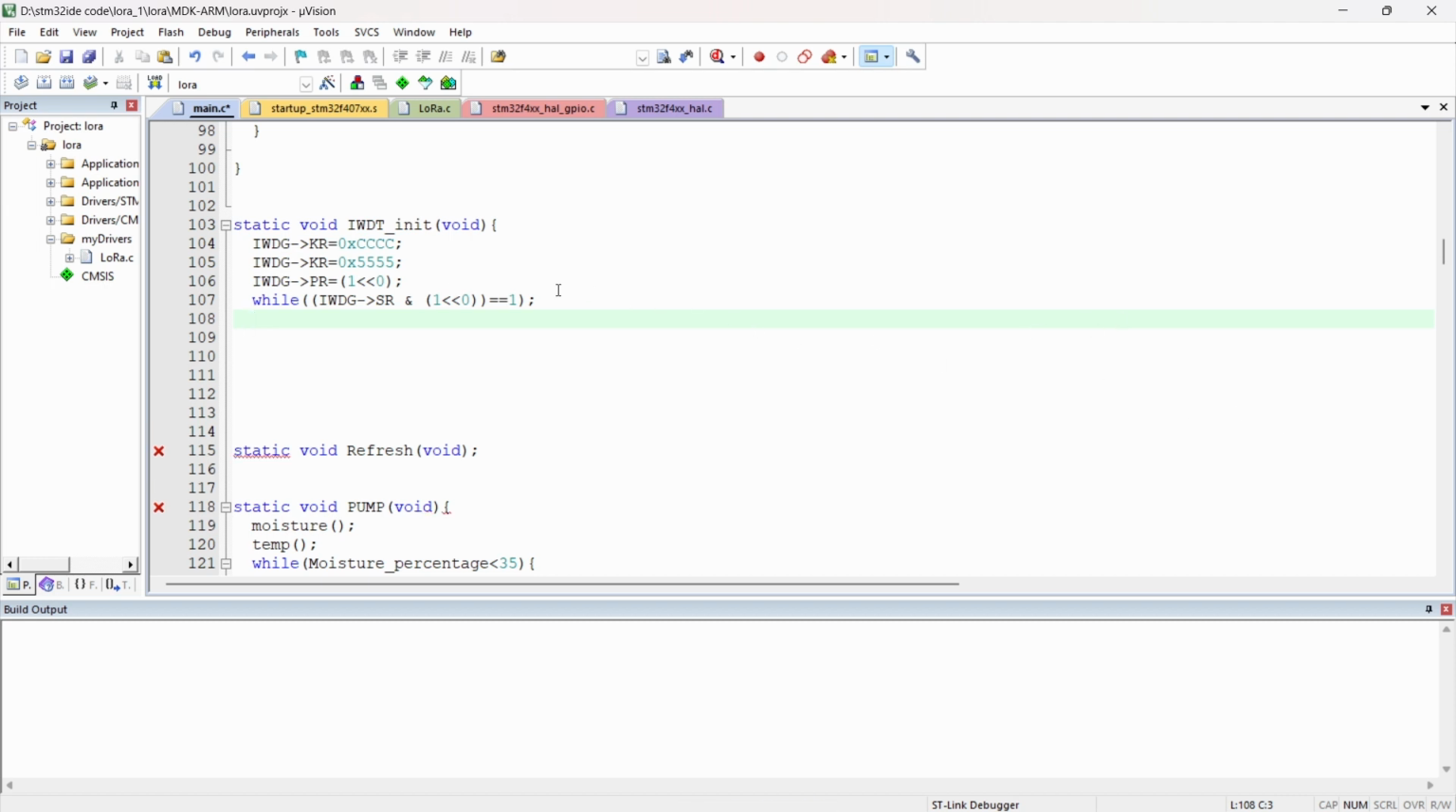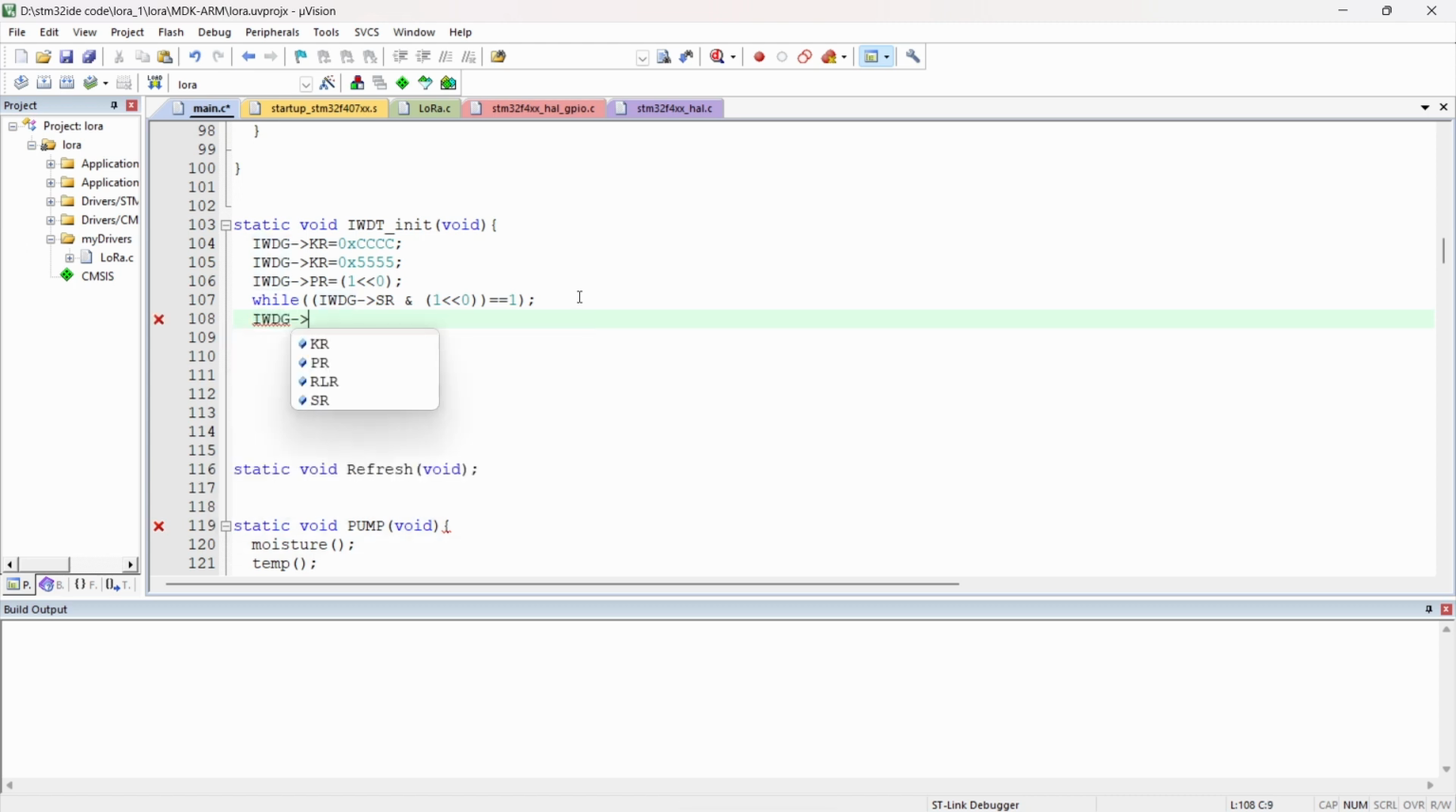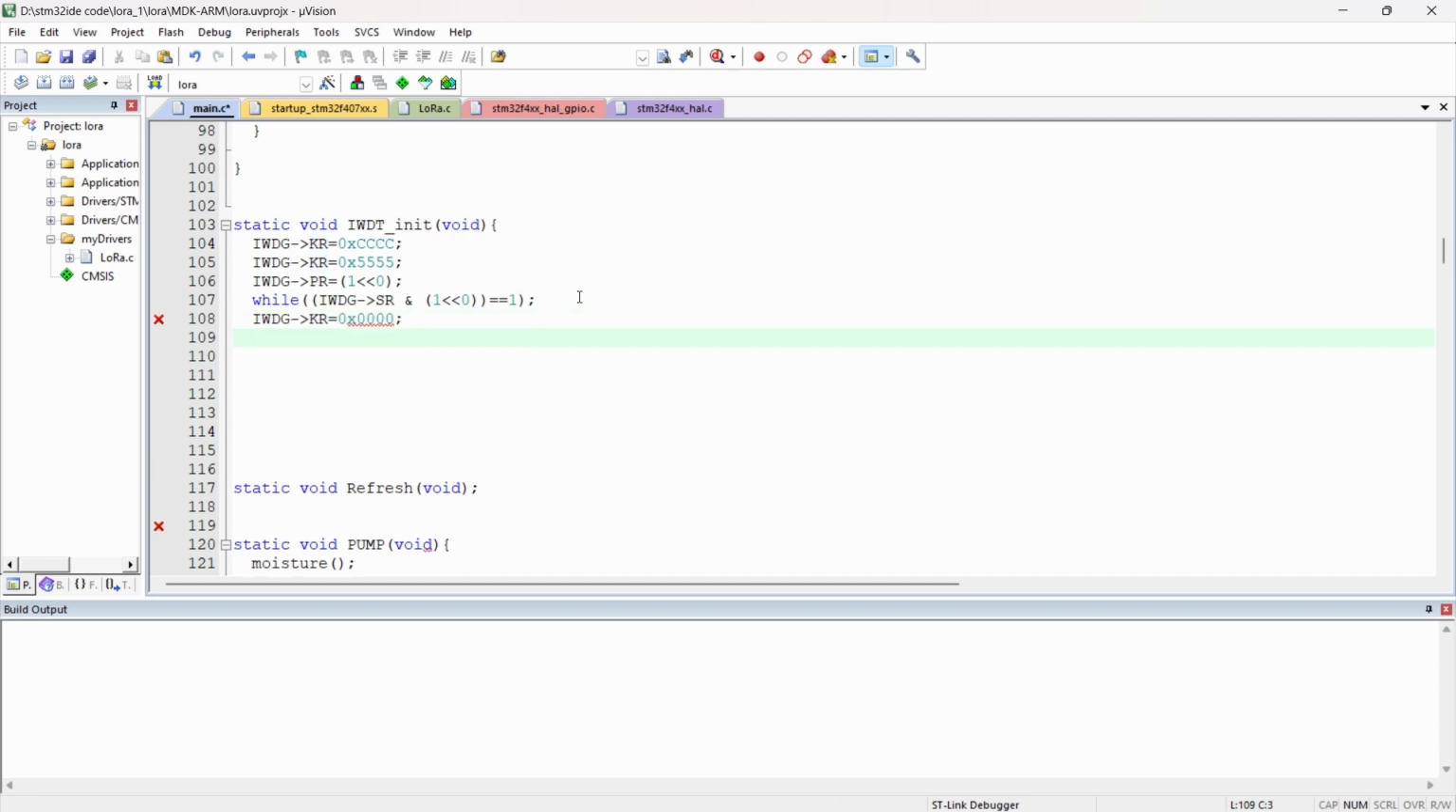So what is the next thing we have to do is we have enabled the access to it, right? So now we have to disable the access for it. So for disabling access, we have to write 0 to it, 0 cross off. So this will disable the access. So next we have to upload this reload value, right? So for that we have to again